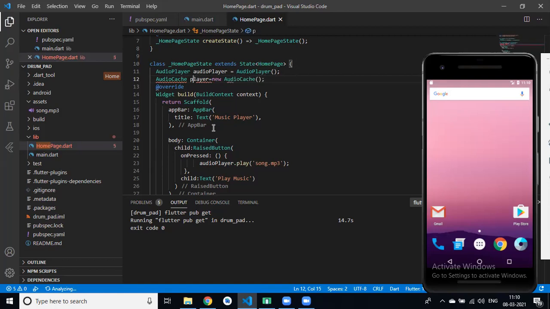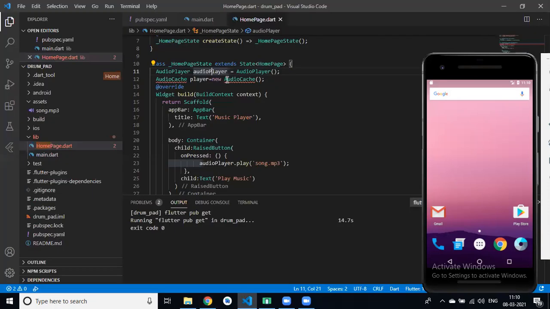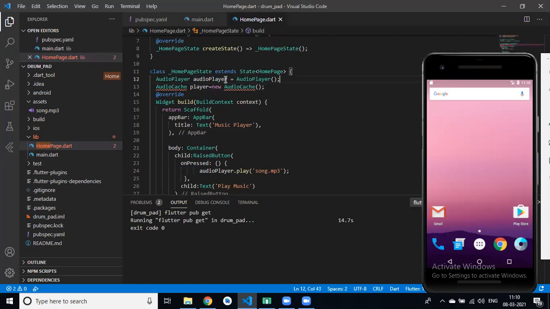Clear? In order to play our local asset file, you have to create an object of the audio cache class. And in order to play a file from URL, you have to create an object of the audio player class. Clear?